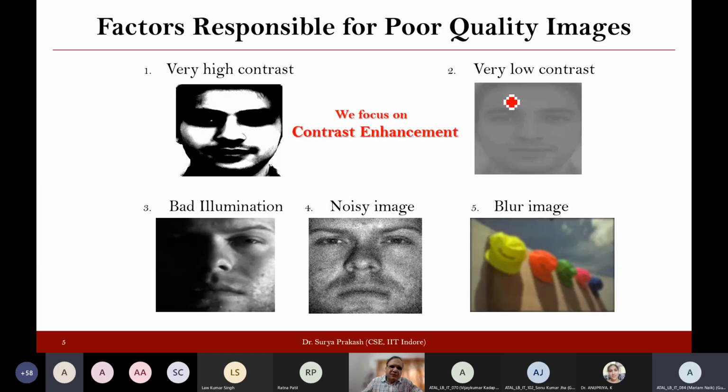These are some factors which are responsible for poor quality. If your image has very high contrast, then it will be considered a bad quality image. If the contrast is very low, then also we say that the quality is not good. A little later we'll see what exactly we mean by contrast. And then if the image is not properly illuminated, or very blurry,